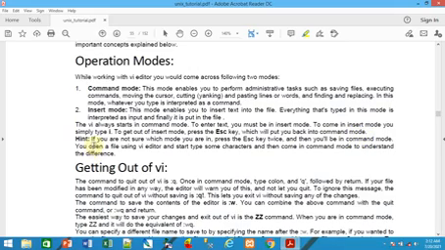If you are not sure which mode you are in, press the escape key twice and then you will be in the command mode. If you press the escape button two times, automatically you will come back to the command mode. You can open a file using the VI editor, type some characters, and then come into command mode to understand the differences.